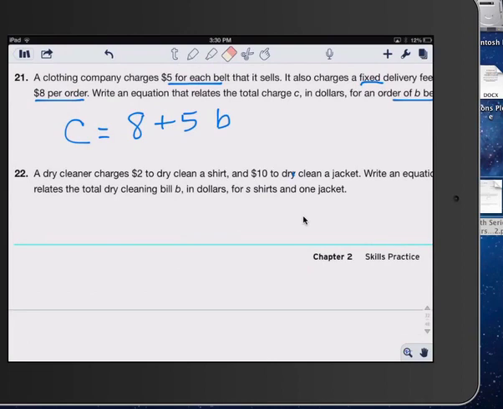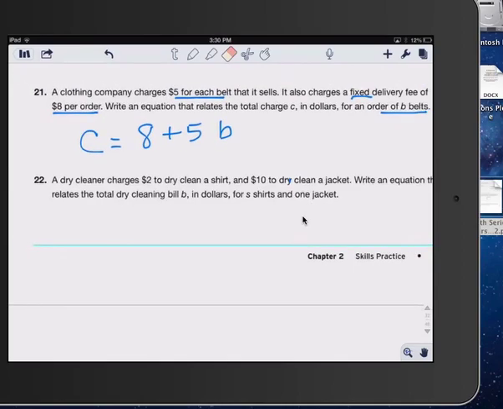A dry cleaner charged $2 to dry clean a shirt and $10 to dry clean a jacket. Write an equation that